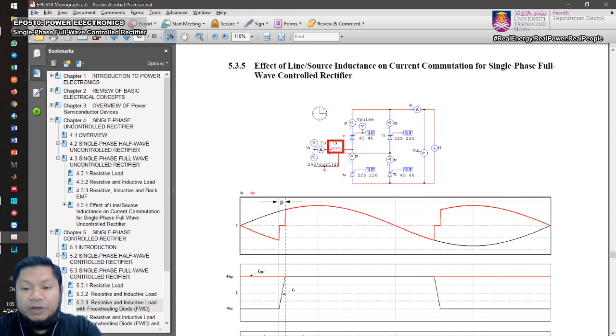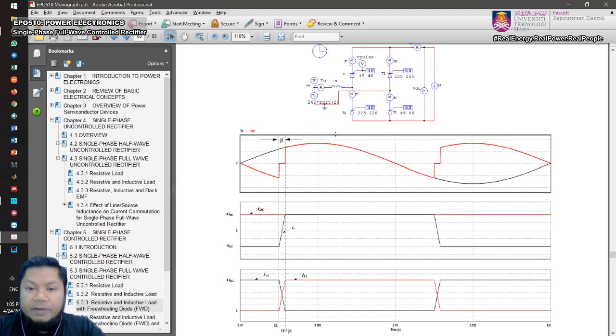All right, so we're going to analyze the circuit again, and we're going to assume that we have a constant current output. The L is very, very large, and we're going to replace the R plus L with a constant current IDC here. Before that, if you still remember, just now we have discussed the circuit without this source inductance, with the normal circuits here,